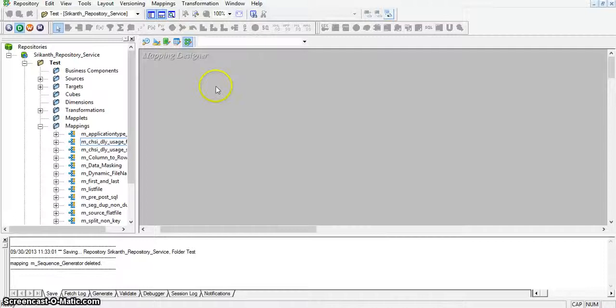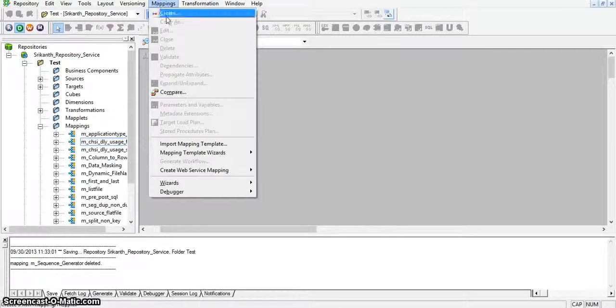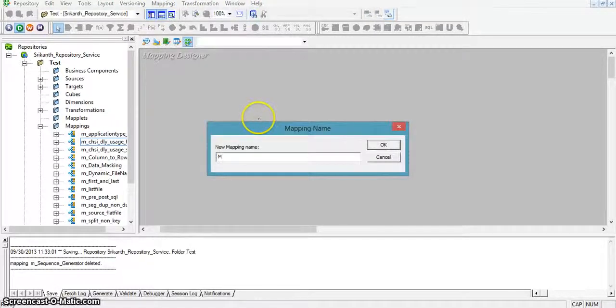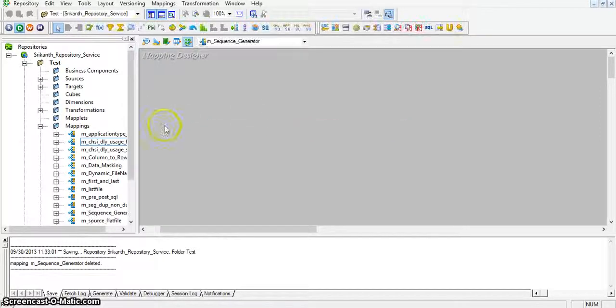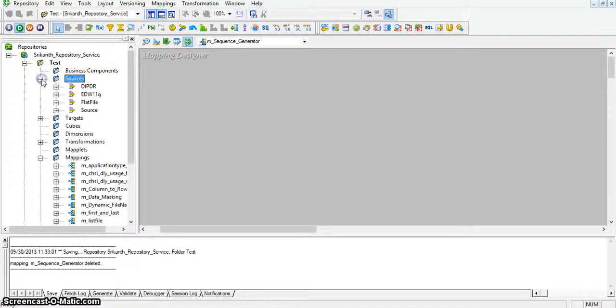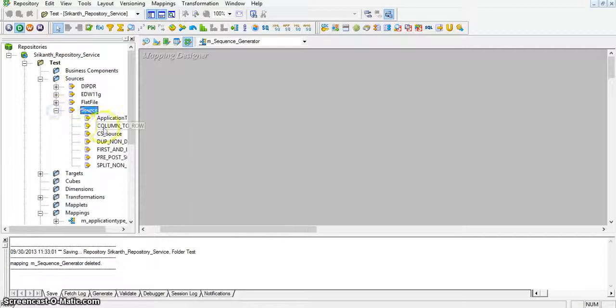So in the mapping designer I am creating a new mapping with the name sequence generator. From sources I am taking application type.